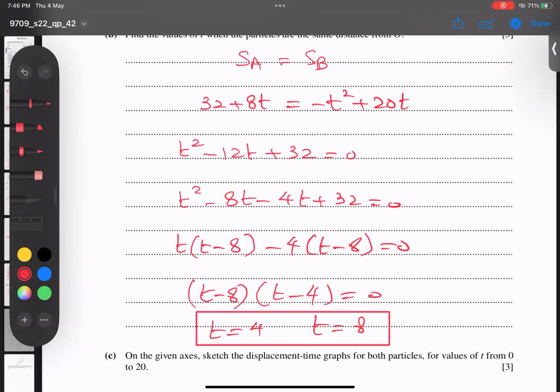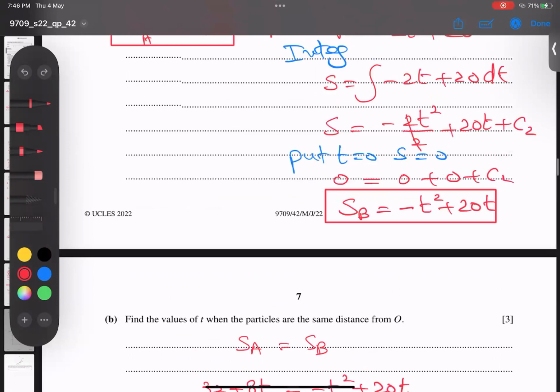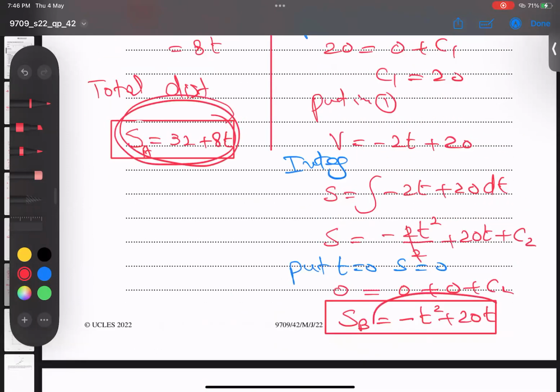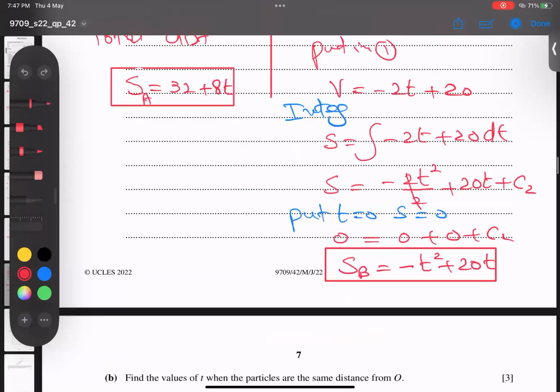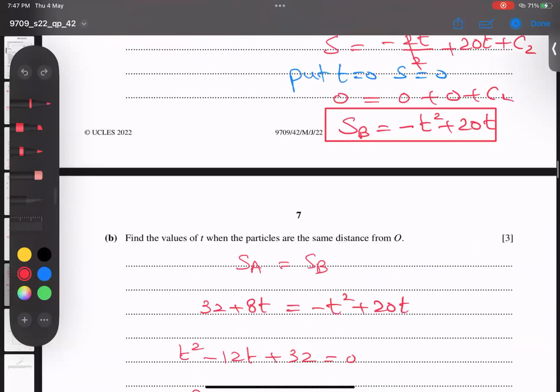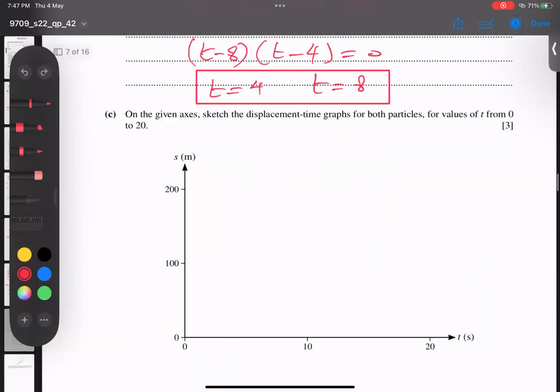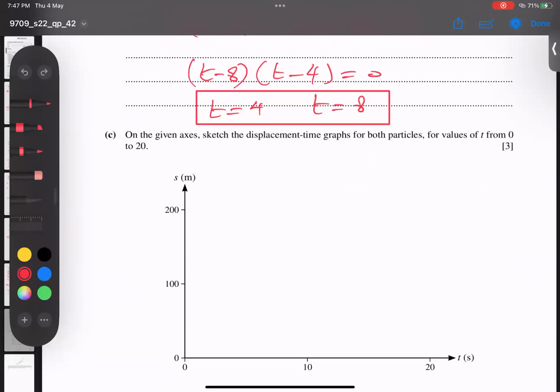On the given axis, he said what here? Sketch the distance-time graph for both particles. Okay, and students, you know that whenever we're looking at both particles, time is from 0 to 20 seconds. So for the first 20 seconds, we have to find it. The interesting part is that luckily both expressions are given. So look here, both expressions are given. So I will use these same expressions for finding at 20. So let's see how we can do it. All right, so first of all,